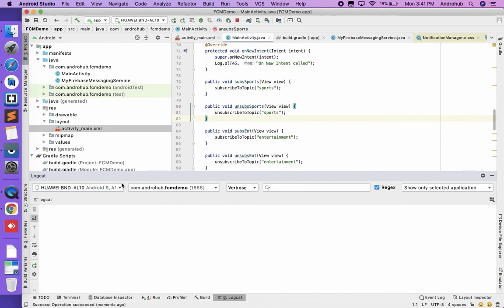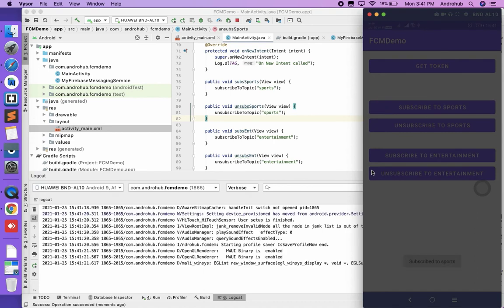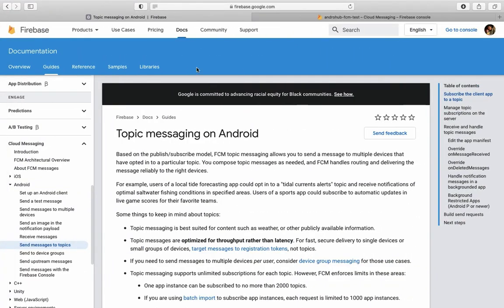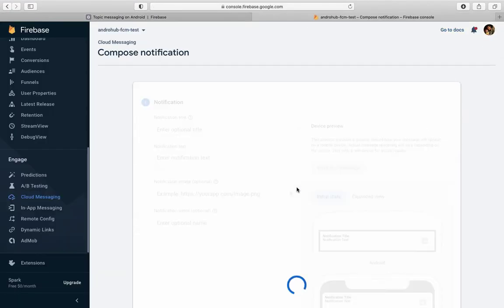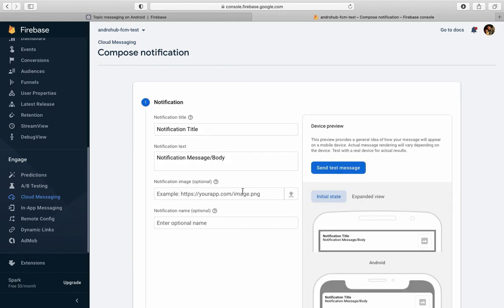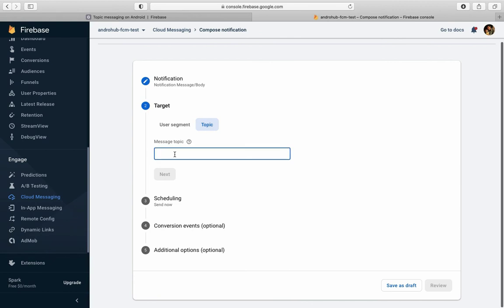Okay, now I'm going to click on subscribe to sports. If you see, the subscribe to sports message is coming, so that means it is successfully subscribed to sports. Now I have to send the notification. To send the notification, I'm just going to duplicate the one, and here in the target I'm going to use the topic.